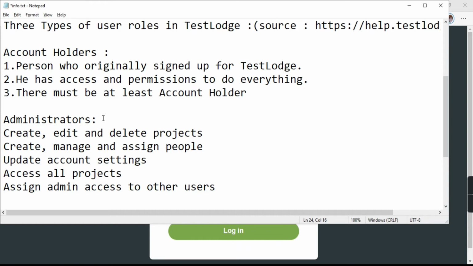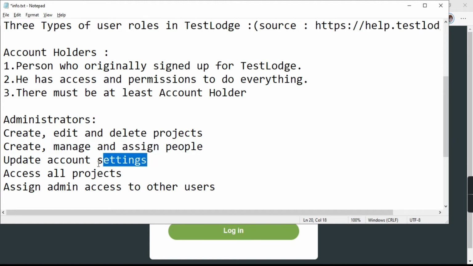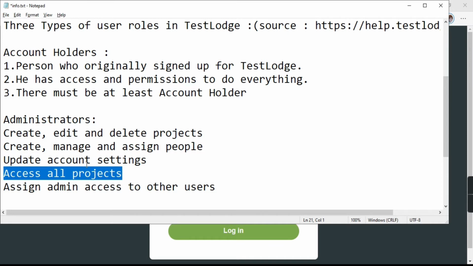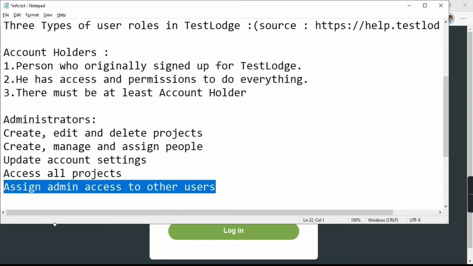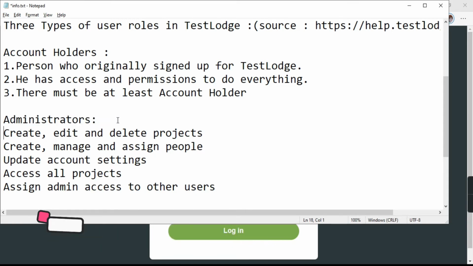Coming to administrators, as the name itself says, administrators can create, edit, or delete the projects. They can create, manage, and assign people to different projects. They can update the account settings as well, and they can access all the projects and assign the admin access to other users. So that is the role of an administrator.